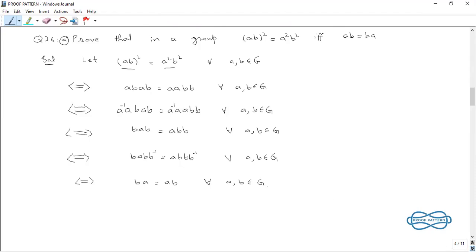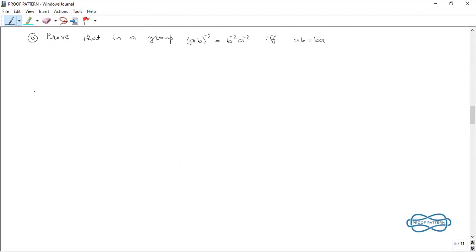Okay, we consider the next part. Part B is: prove that in a group, (AB) to the power minus 2 is equal to B to the power minus 2, A to the power minus 2 if and only if AB is equal to BA. So the solution is